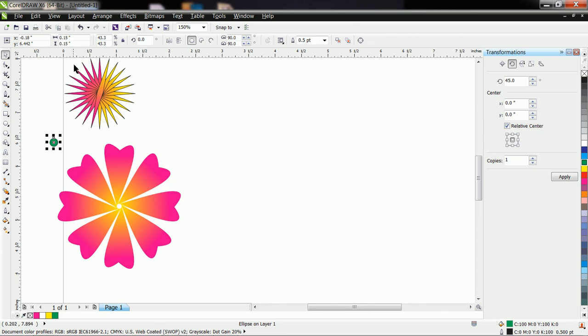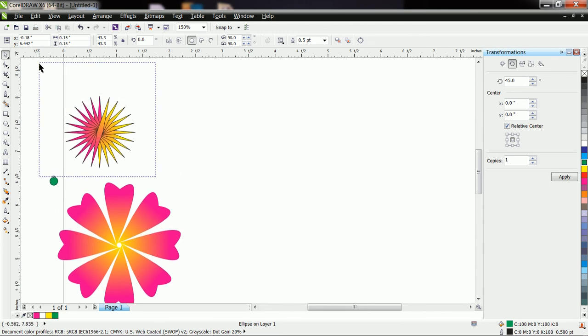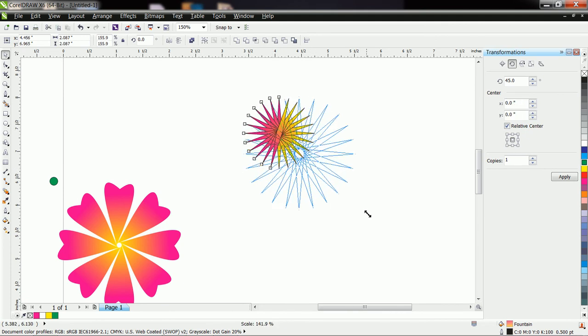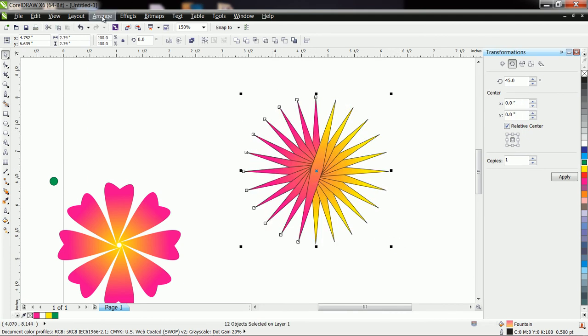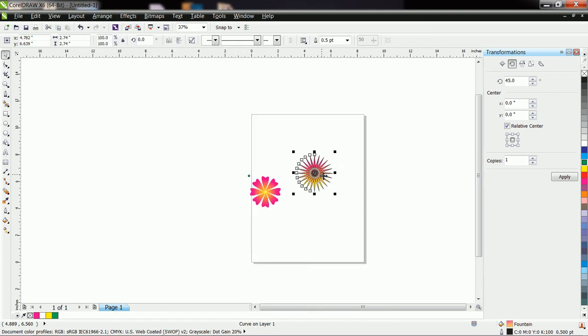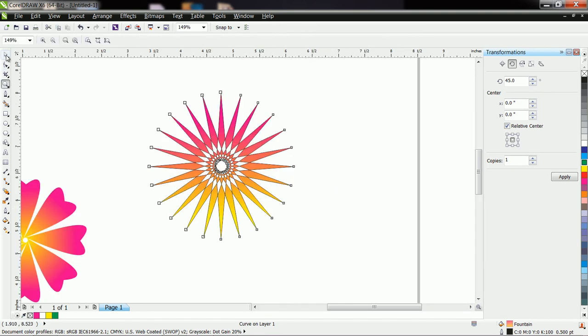Okay, you can make one more thing. Let us use this shape. You have a shape like this, then you can use one more thing. Go to arrange and click on combine. Now you will get a different shape, but this is a single shape.